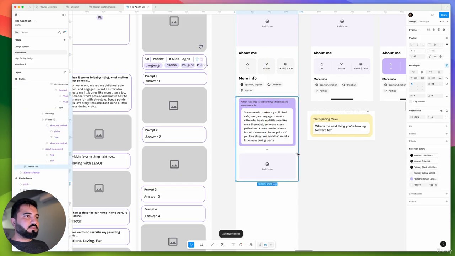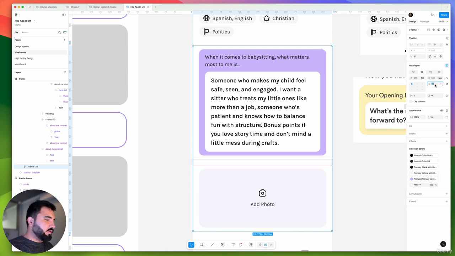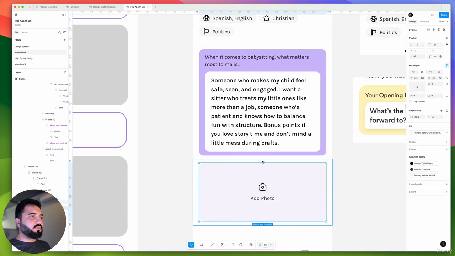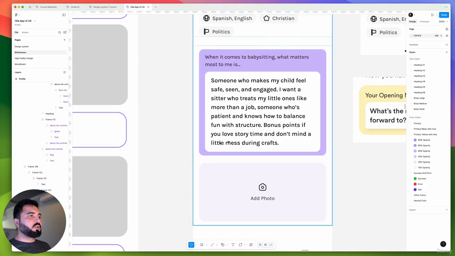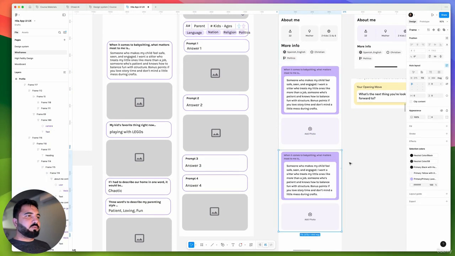This one and this one I'll give an auto layout. In the middle I will decrease it to 16 pixels. I think we can make it 0 because we already have the padding here as well. You can see on the top we have 10 here and 10 here. Okay, so overall I think I will just go ahead and duplicate this